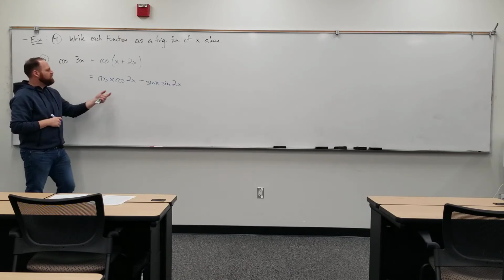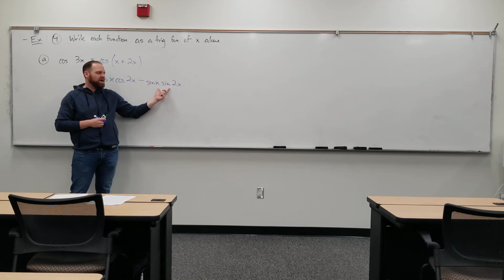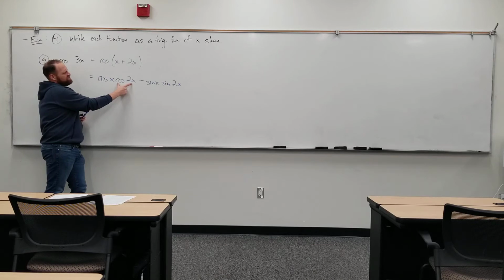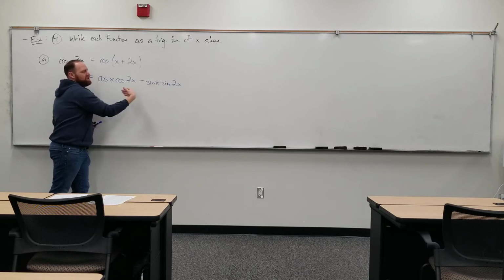I'm trying to think of the best thing to use here. If I rewrite this as 2 sine x cosine x, then I'm going to get a sine squared x and a cosine to the first power, right? So I'm going to get a sine squared and a cosine. That kind of tells me that maybe I should write this as 1 minus 2 sine squared x. That way I have the same sort of thing here that I might be able to